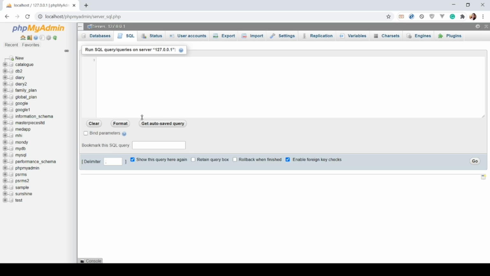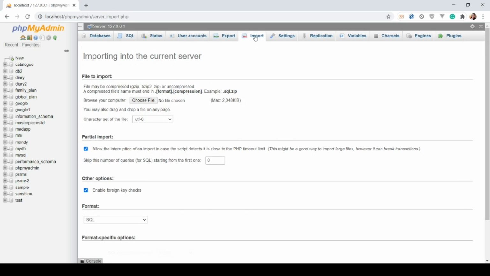And then if you already have the SQL schema, you may import it using this function. Just choose which format you prefer, or which format is the base file that you are going to use.